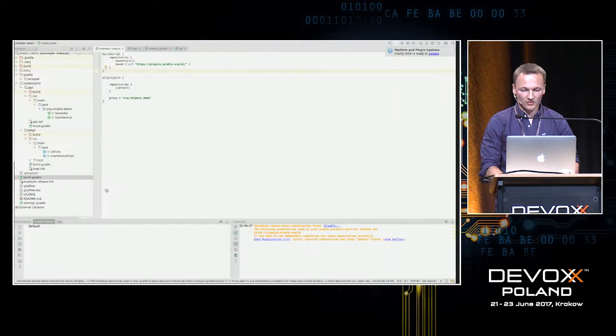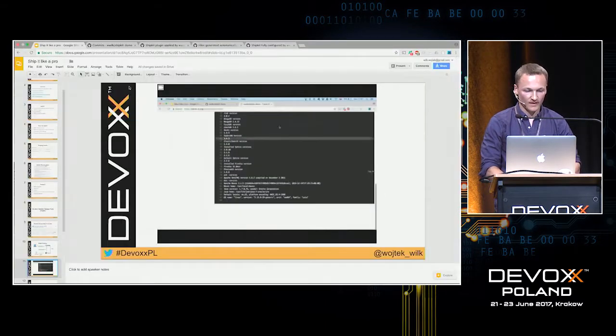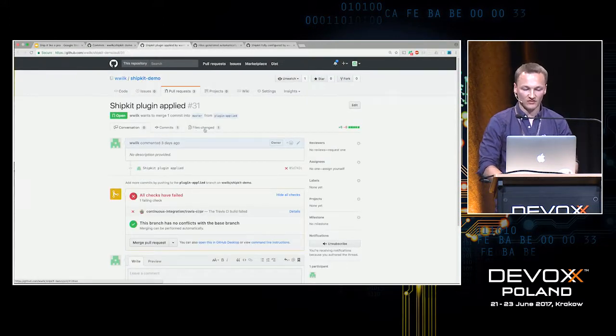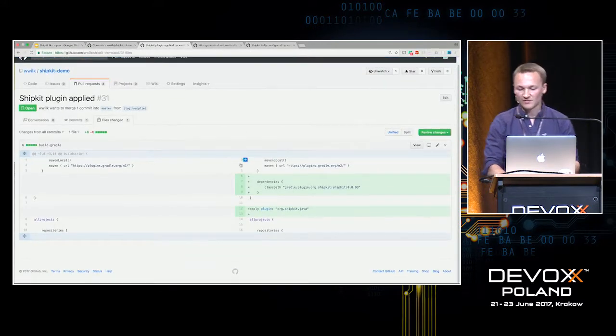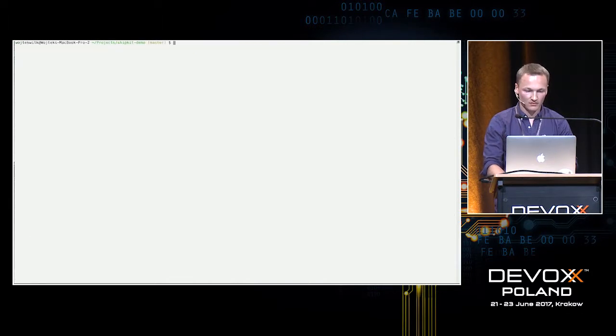And now I will show you how you can configure Shipkit in your own project. So I created a few branches with all the steps that you need to do. So first step is basically just adding the dependency and applying the plugin. This is quite simple. And you can see that this is on branch plugin applied. So if I go back to my repository and check out this branch,